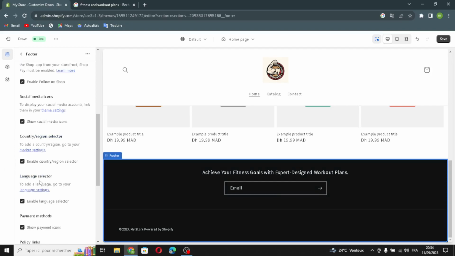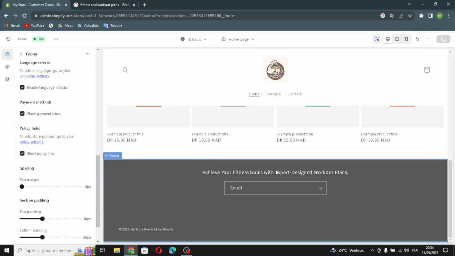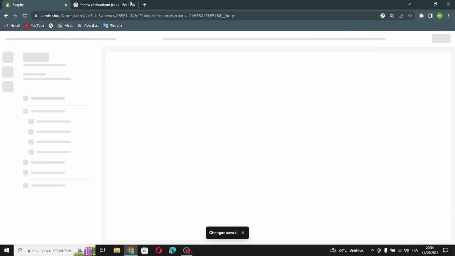You can enable country and region selector. You can enable language selector. You can show policy links. You can show payments icon. So that's it. Now let's save this after you're done from designer website. Now just save this. Let's get back to the home page to